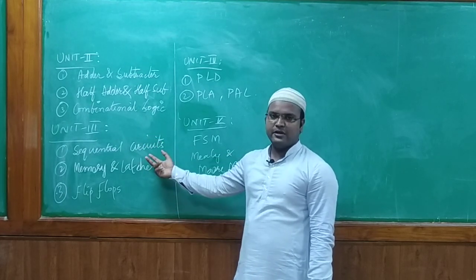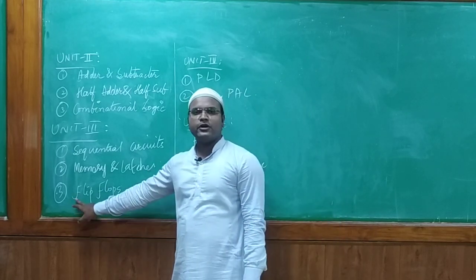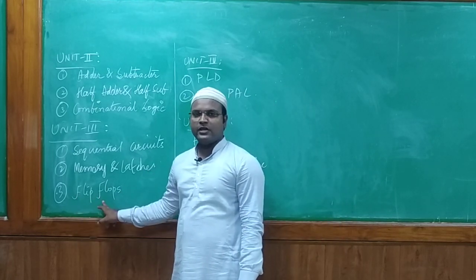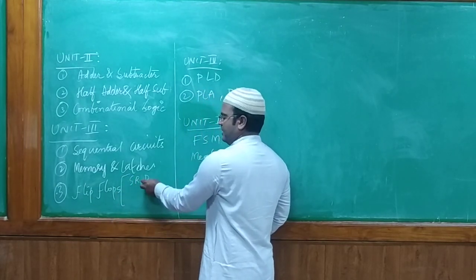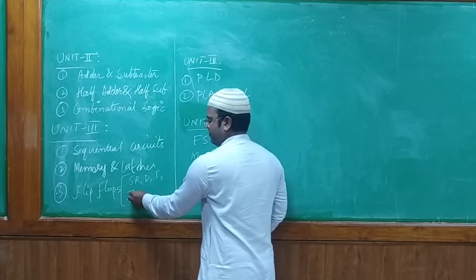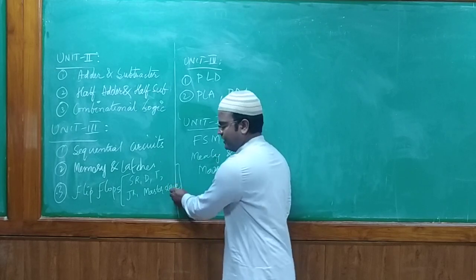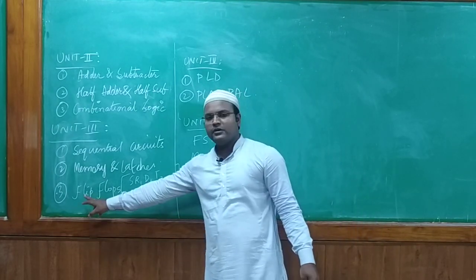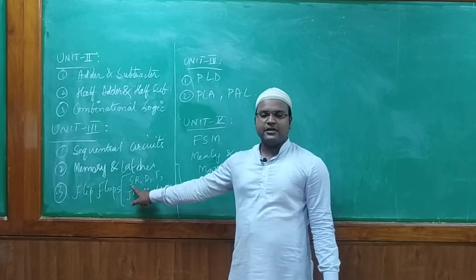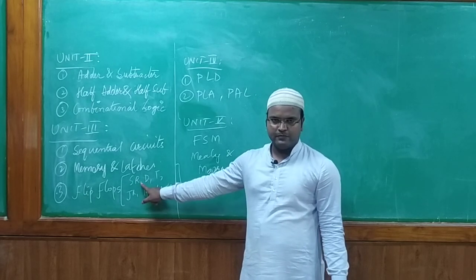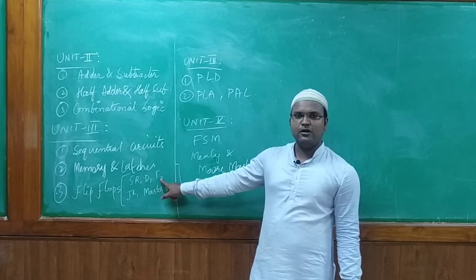By taking those memory elements, we are going to design the latches as well. Similarly, the next concept we are going to proceed with is flip-flops. In that we'll have different types of flip-flops, starting from SR flip-flop, D flip-flop, T flip-flop, JK flip-flop. There will be a concept called master slave JK flip-flop. Its types: SR is the set and reset flip-flop. Then we have D, called the delay or data flip-flop. Then we have T, called the toggle flip-flop.